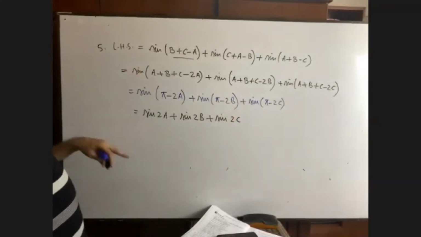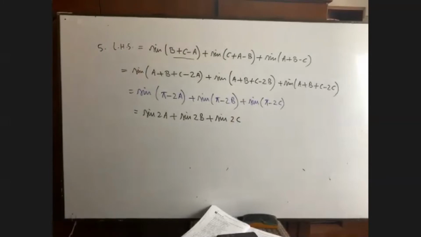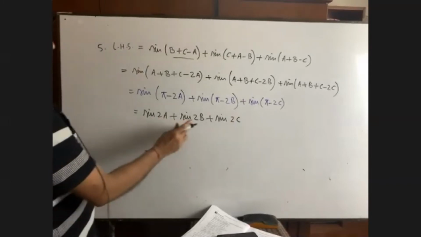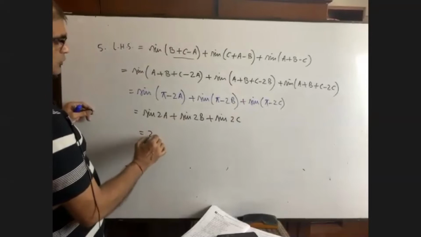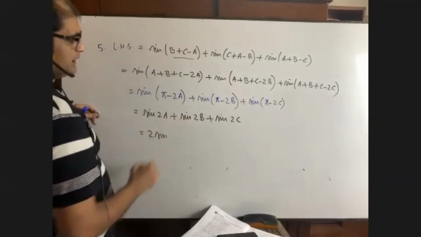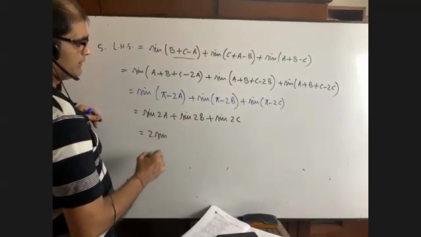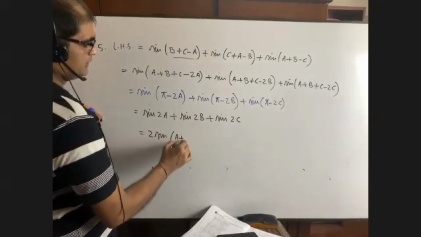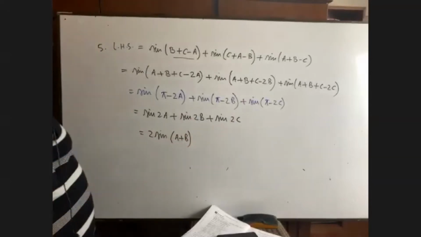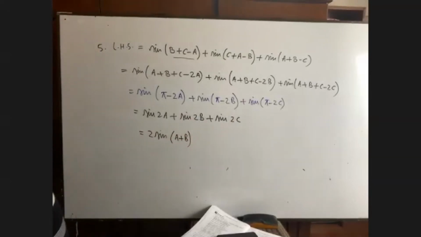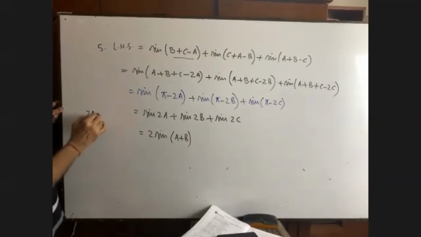This type of math was done. Can you remember, please? What is this? Sine c plus sine d. What is the formula? 2 sine of (c plus d) by 2. That means 2a plus 2b by 2. Can I write here a plus b? Sine c plus sine d is 2 sine of (c plus d) by 2. Yes, sir. It is 2a plus 2b by 2.